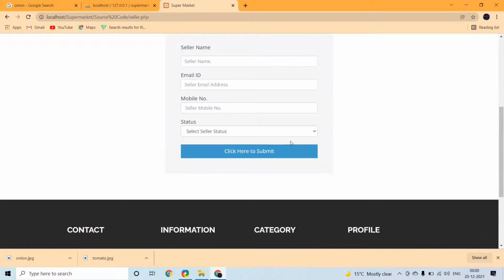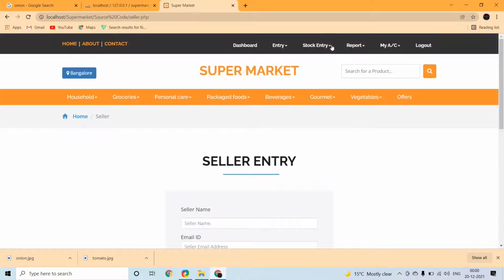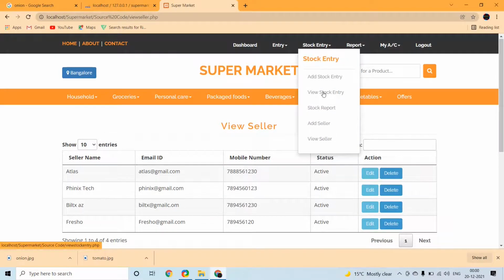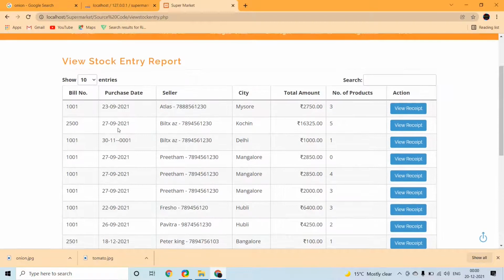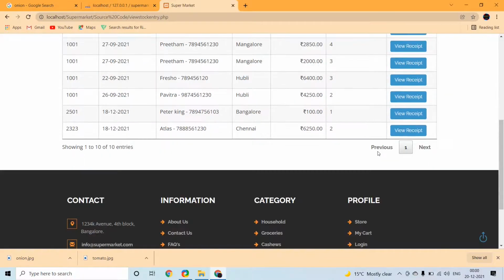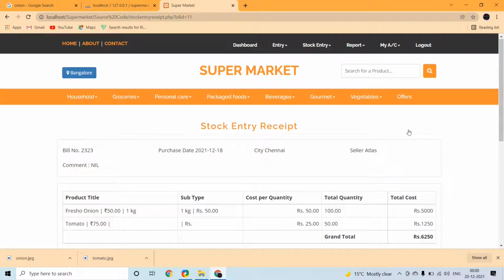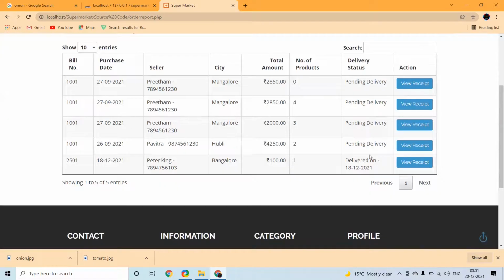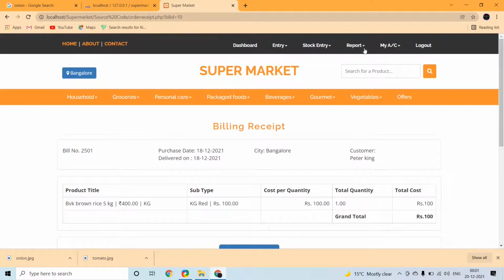If we want to enter seller information, we can enter the seller information in the view seller, and in the view seller we can see seller details, their purchase, which city, purchase report. In billing receipts we can see.